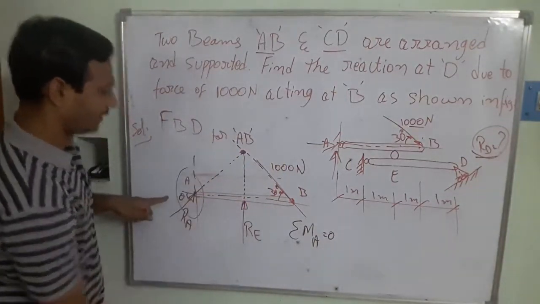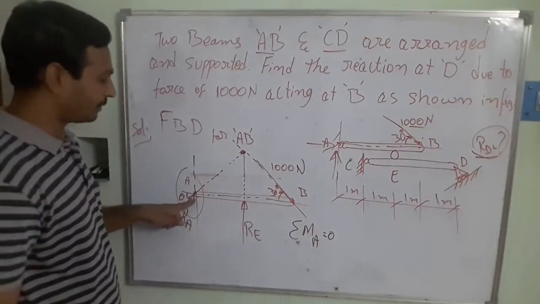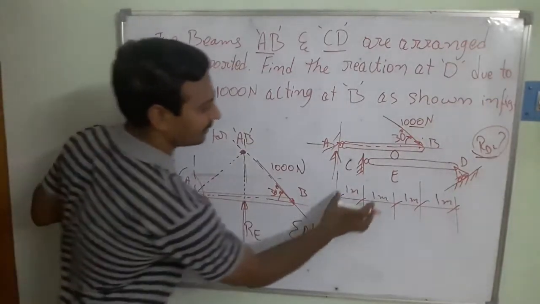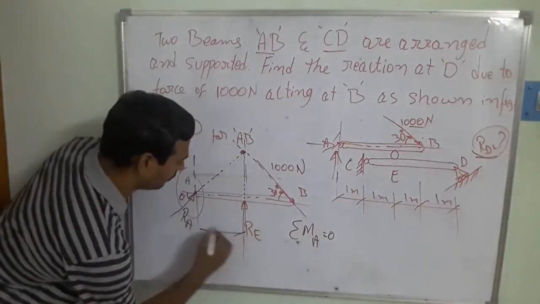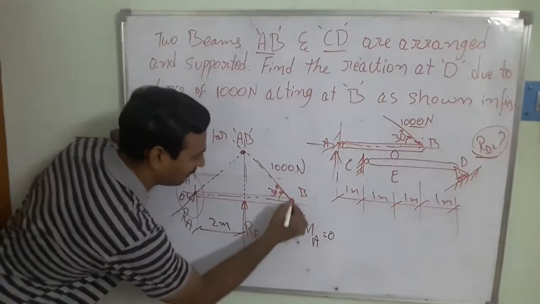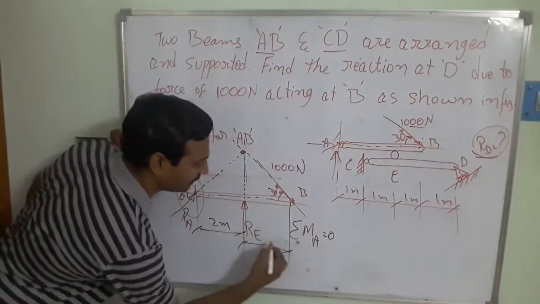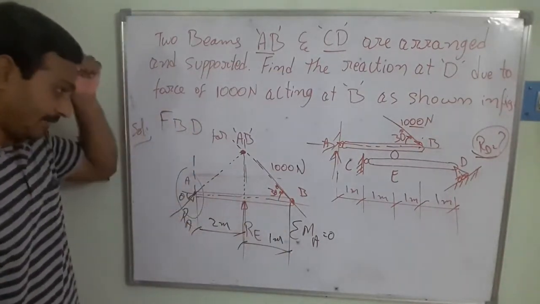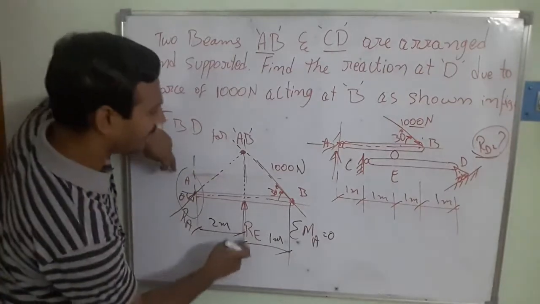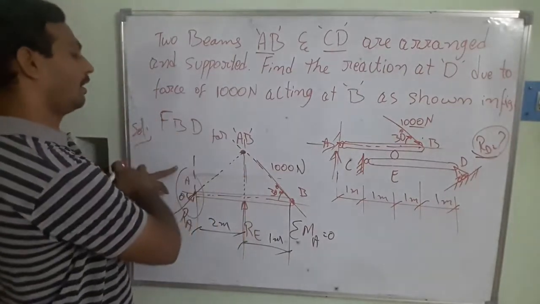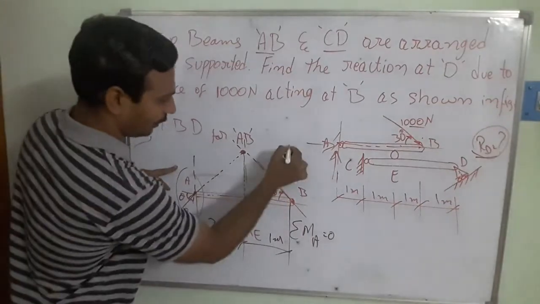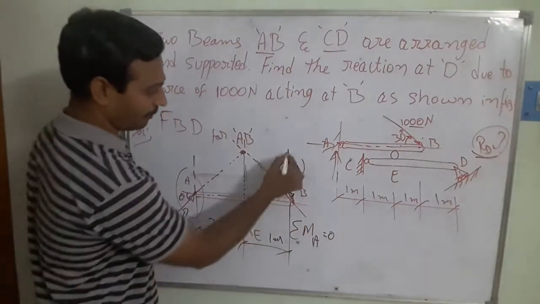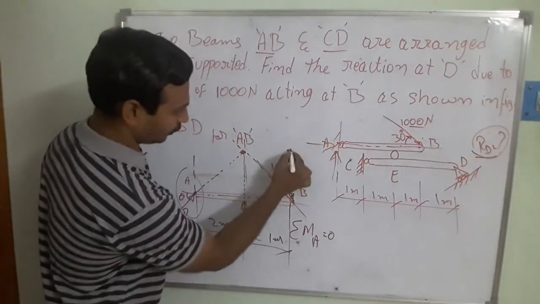This is going to be the line of action. Suppose this is the point of application, and this is going to be the line of action. What is the distance between E and E? This is going to be 2 meters, and between E as well as B there is a 1 meter distance. So I'm going to take that here from this equation. RA is going to be moving in the counterclockwise direction, and one vertical component is going to be moving in the downward direction. So that vertical component we say here is going to be 1000